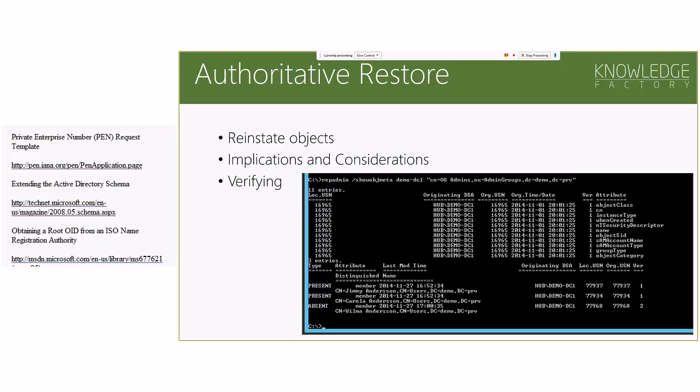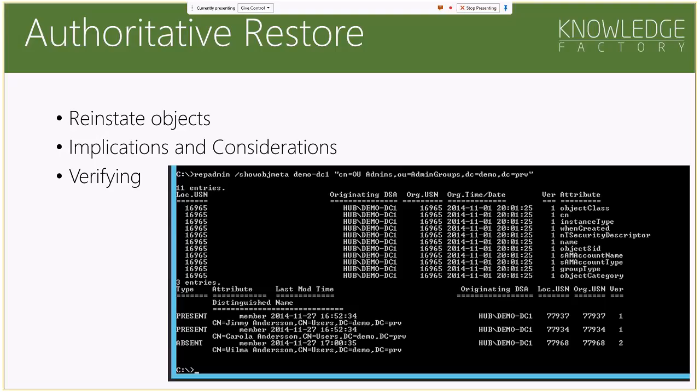It is not possible to use the non-authoritative restore process to reinstate deleted objects from an older backup image, because the backup media that was used to conduct the restore would contain an image of AD that was created before the object was deleted. So the authoritative restore process works as follows. First, the domain controller is rebooted into Directory Services Restore Mode. A non-authoritative restore of AD is performed from backup media. After this has been done, and before the domain controller is restarted, the authoritative restore procedure is used to reinstate